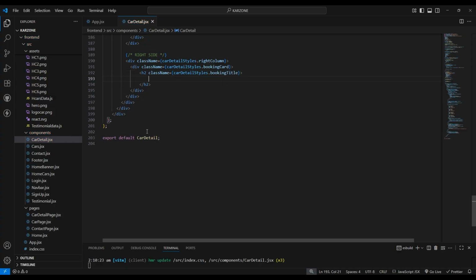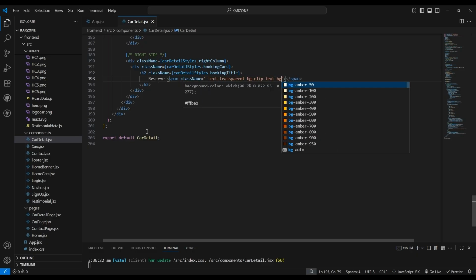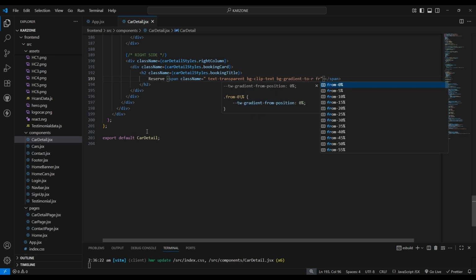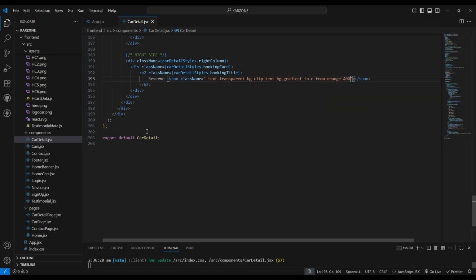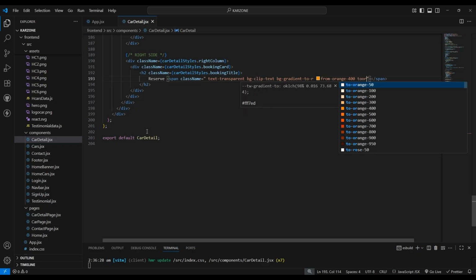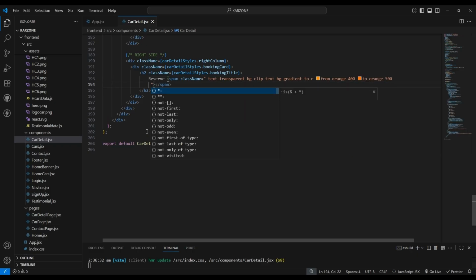Now let's give the title here, that is Reserve, a span tag, give class name, it will be text-transparent bg-clip-text, then bg-gradient-to-r, and from-orange-400 to-orange-500. Now inside this span, just type here Your Drive,